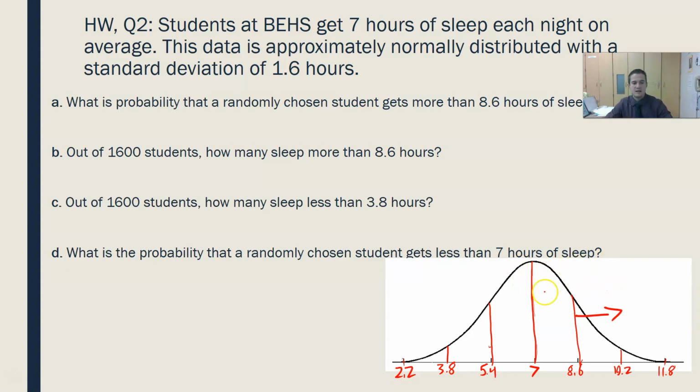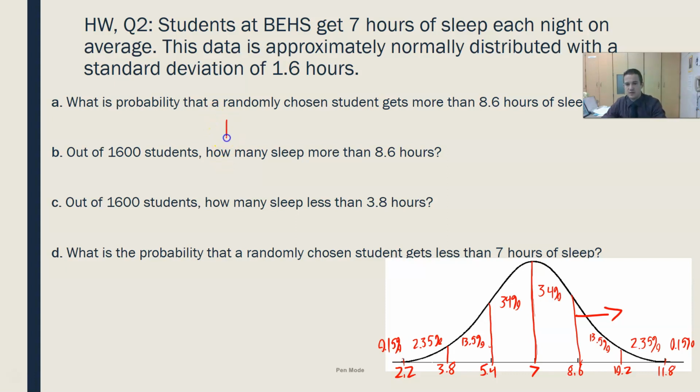Well, on my little graphic, if I copy over, this section is 34%, this little section is 13.5%, this little section is 2.35%, and this little section is 0.15%. Same on the other side: 34%, 13.5%, 2.35%, 0.15%. So the probability of sleeping more than 8.6 hours is going to be 13.5